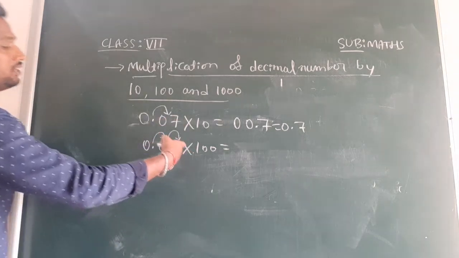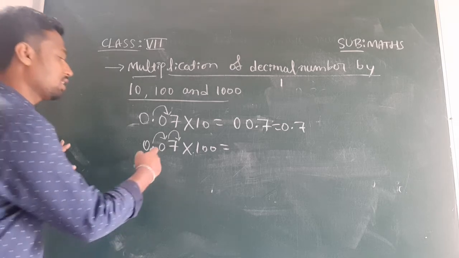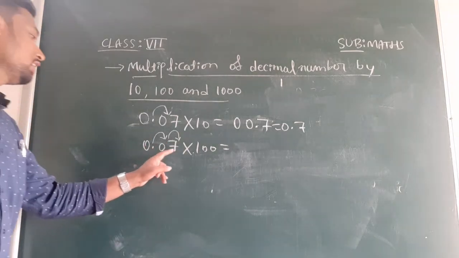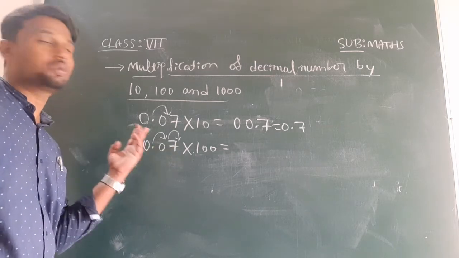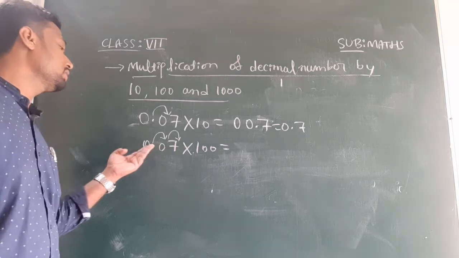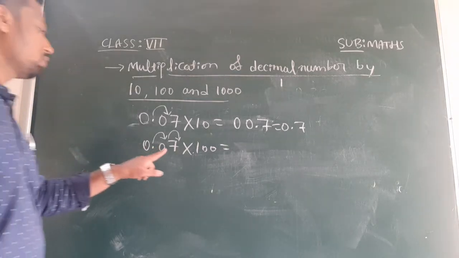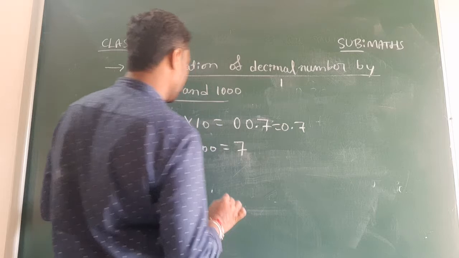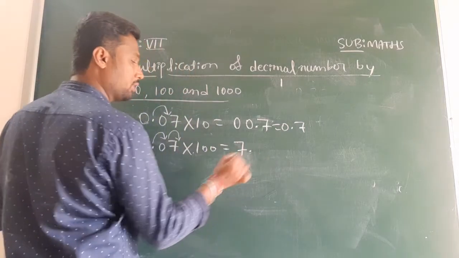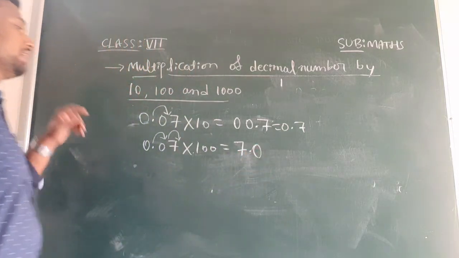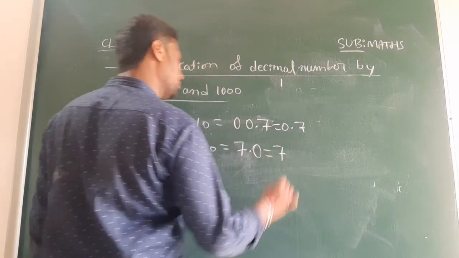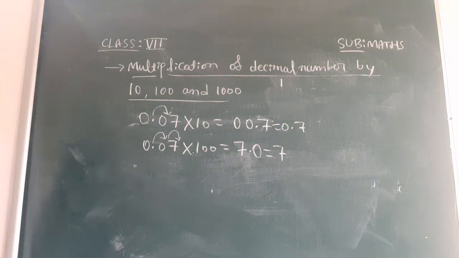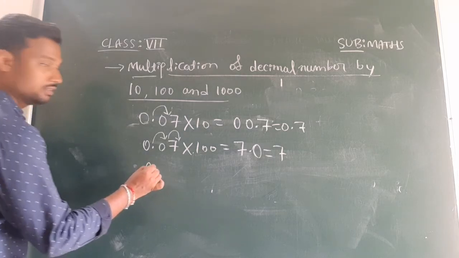So after this 7 you will get the decimal point, and in front of 7 you have these 2 zeros. If you have 2 zeros in front of the 7, then there is no value for these zeros. Okay, so what is the value you will get here? 7. And after this 7 you will get the decimal point, and we don't have any value there, so we can consider 0 there. So 7.0 is nothing but 7 only. Okay, now one more example they have given here, that is 0.07